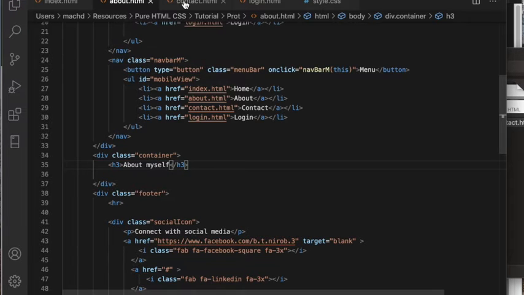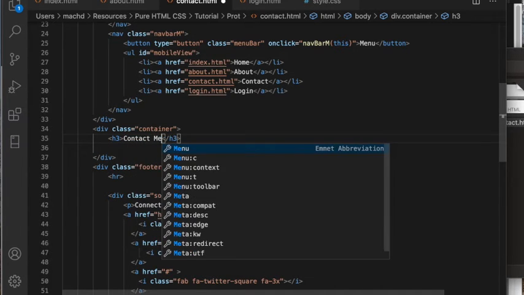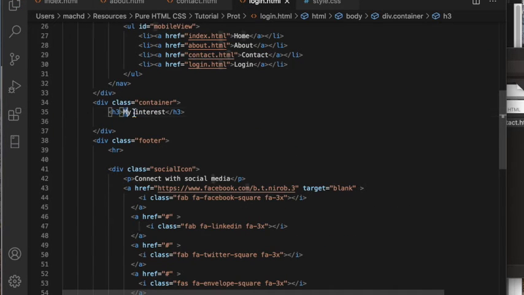Let me save it and go to contact, then again go to container, contact me. Let's save it and go to login. Login. Now if I save it and go to the browser,